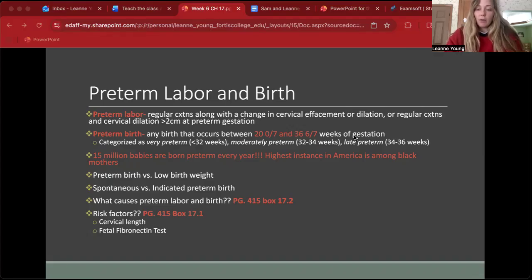The test is performed by using a swab during a speculum exam to collect fluid from the woman's vagina. The presence of fetal fibronectin during the late second or early third trimesters of pregnancy may be related to placental inflammation, which can cause spontaneous preterm labor. This is a test that is better used to determine who will not go into preterm labor rather than who